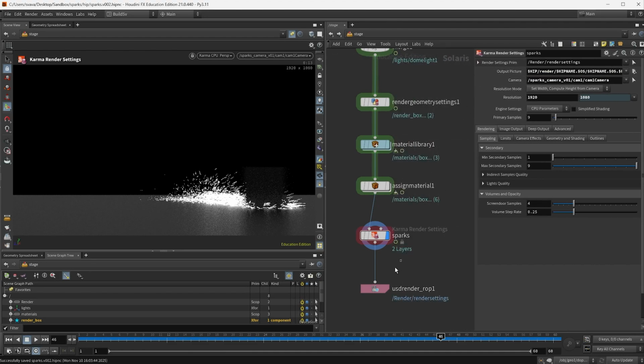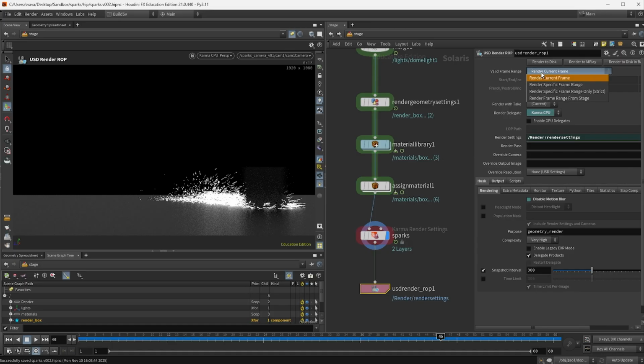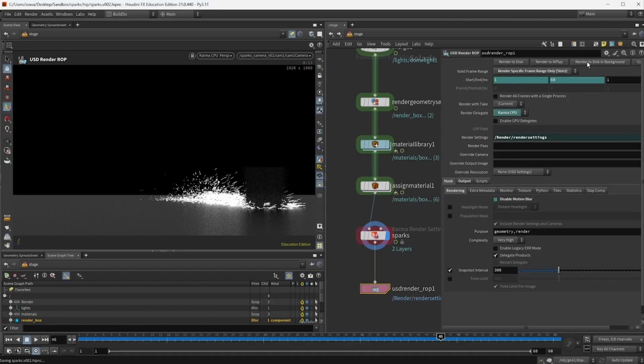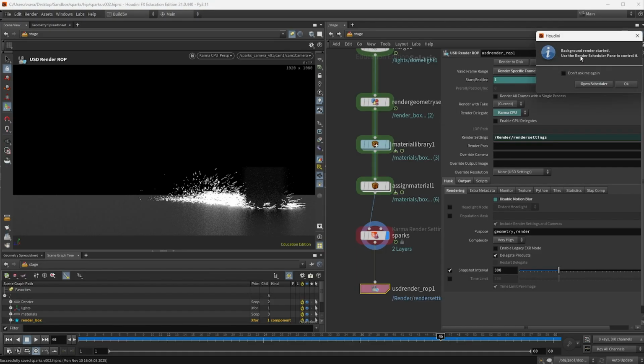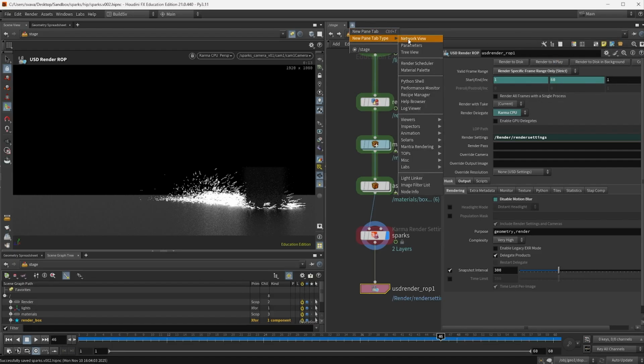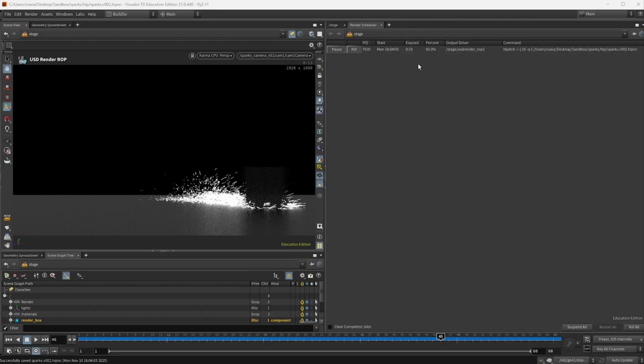I'm gonna save my scene and choose render specific frame range. And then I'm just going to render it in the background. So save again and render to disk in background. Background render has started, and we can see it in the render scheduler here. And it's just going through all the frames.